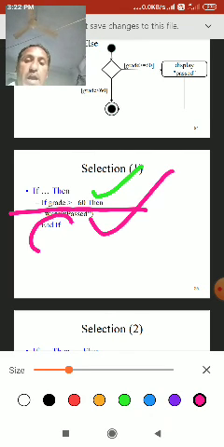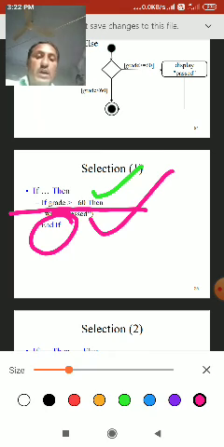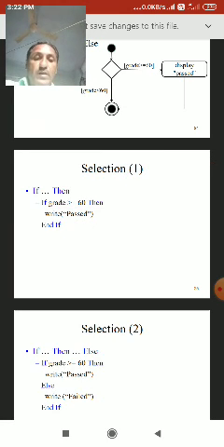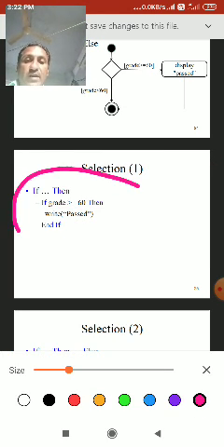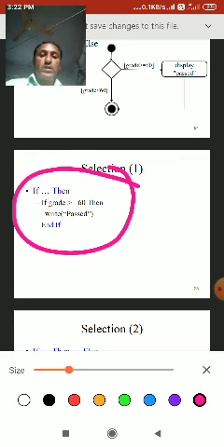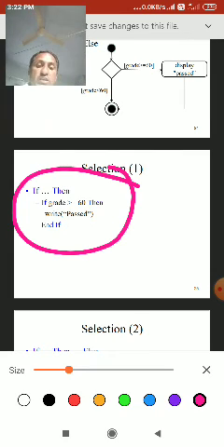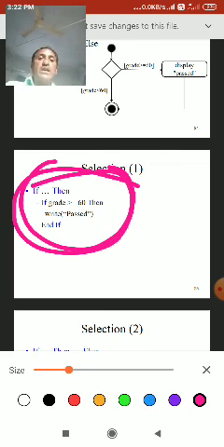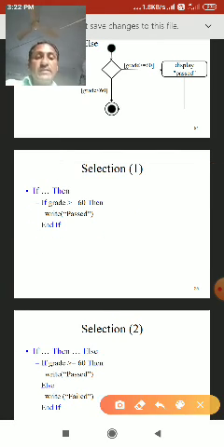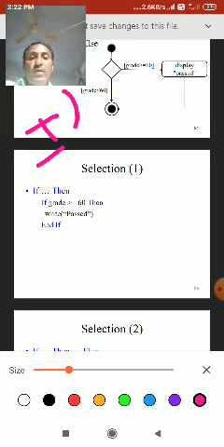Write password, end if. This is called a given if. If grade is greater than or equal to 60 then write password, end of these programs. So this is the condition given in if statements, and we have to discuss about if